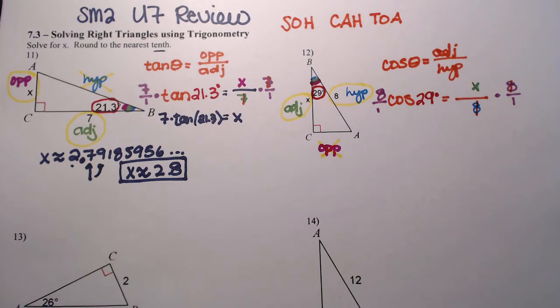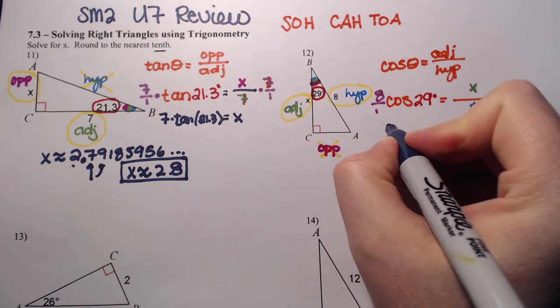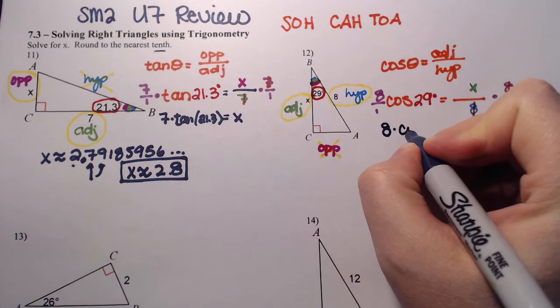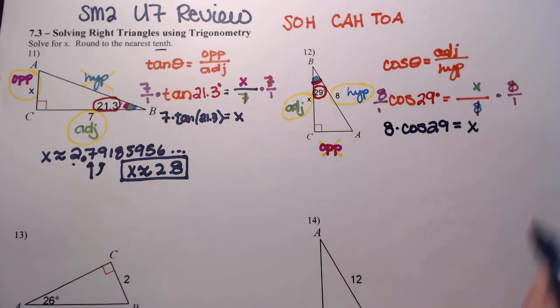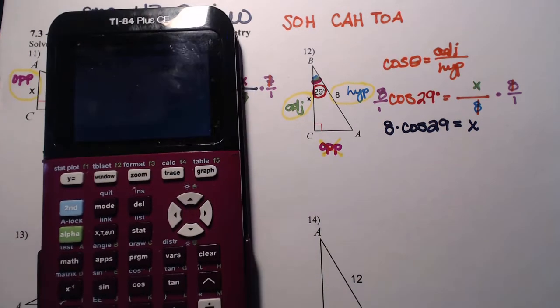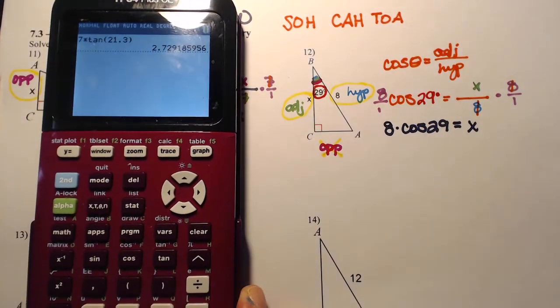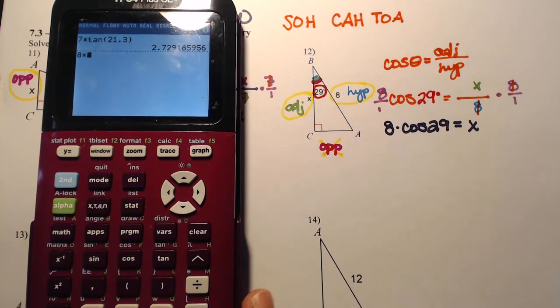And then I have 8 times cosine of 29 equals 1 times x. I'm going to use my calculator and say 8 times cosine of 29, and I get